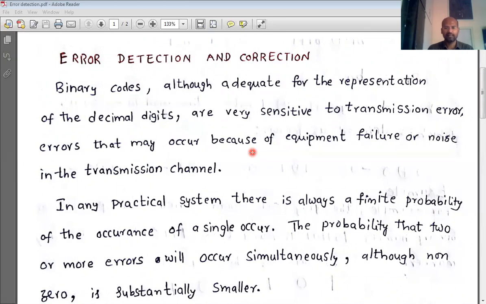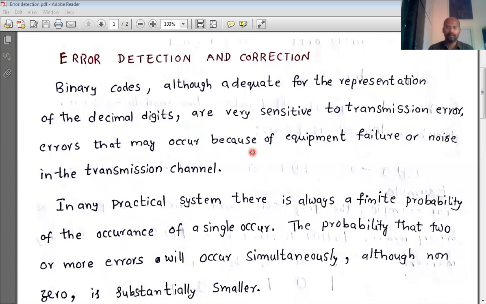We have to devise methods or techniques to handle the detection and also the correction. We will learn techniques to detect the error, and in the next topic we will also correct them.